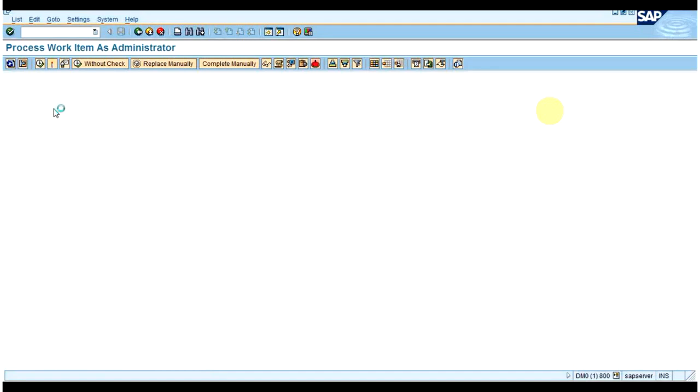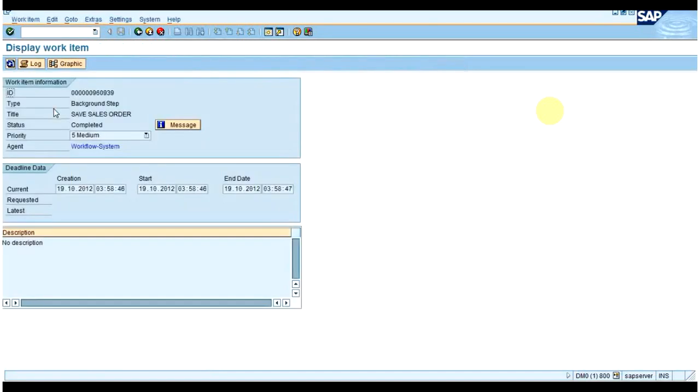This is how you can filter out the work items. That's the reason I was explaining the type and the status, because at diagnosing time, in workflow debugging time, you should know the status so that you can filter things, because it will contain a number of work items. If you know the type, you can filter out the work items and then debug them. Just remember all the types, it's important.